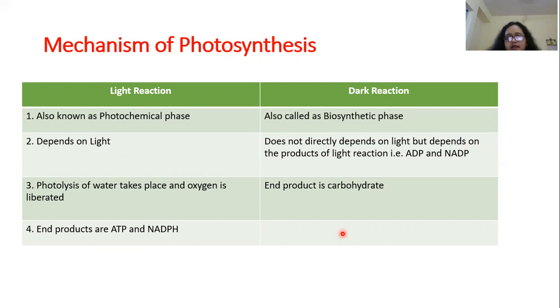Light reaction depends on light, while dark reaction does not directly depend on light but depends on the products of the light reaction, which are ATP and NADPH. So it means that dark reaction is indirectly dependent upon the light reaction, or you can say does not directly depend on the light. So in light reaction, the process which occurs is photolysis of water and oxygen is liberated. While in the dark reaction, we know that the end product is carbohydrate, and the end products of light reactions are ATP and NADPH. So in the next lecture, we will study in detail about the light reaction and dark reaction,